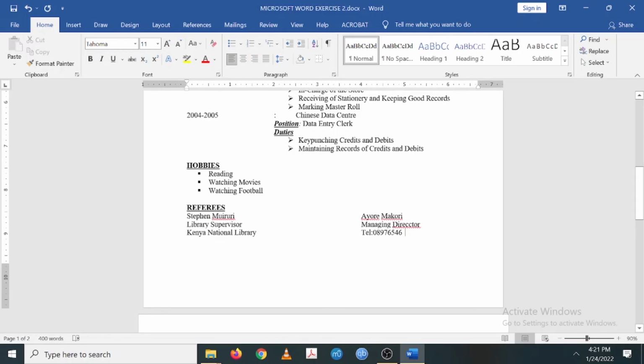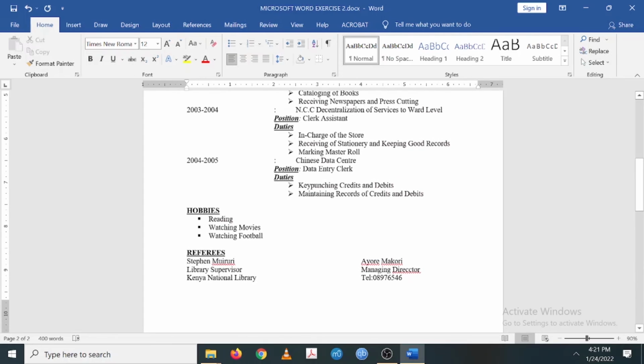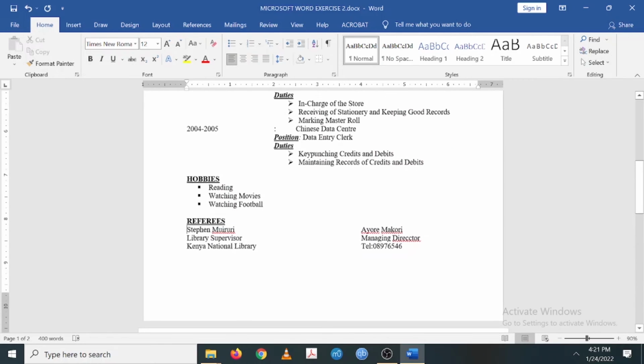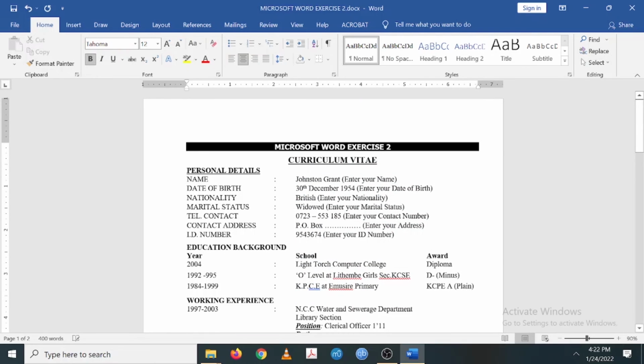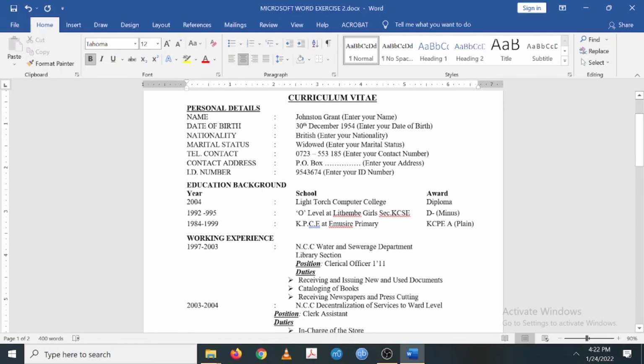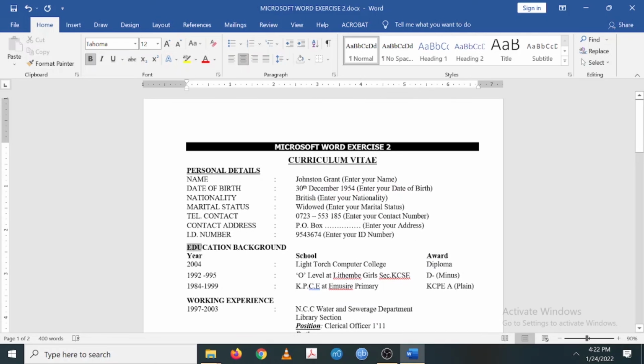So this is how basically you can easily number these referees manually. So basically showing you how to format this using the tab key. So you have reference 1, reference 2. So I hope you learned something. There's one way of aligning that, just working the tab key, and that is basically how you can easily format your CV. So you realize on my final document, this is underlined,